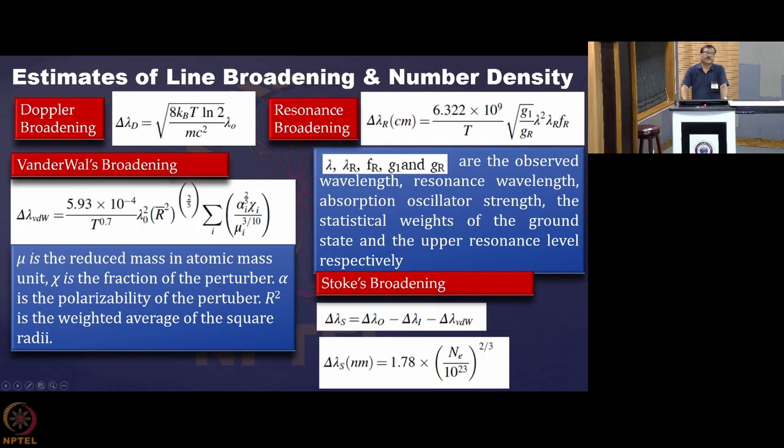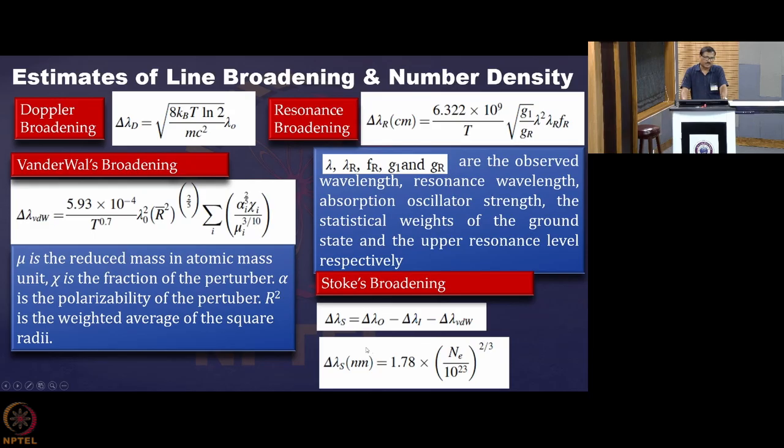Now you know that for a given plasma, if we know the temperature, then we can estimate different broadening contributions, like Doppler broadening contribution like this, Van der Waals broadening contribution like this, and resonance broadening gives like this. Most of the parameters in this equation are available in literature, so we can estimate these values. So finally the Stark broadening contribution we get by subtracting the contribution from the others like this.